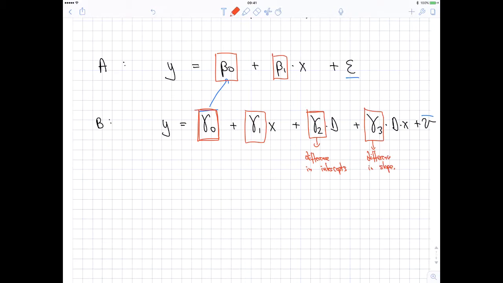So if I want to ask myself from a statistical perspective, do I prefer version A of the world or version B of the world? The answer would have been to run an F test. So run an F test where you're saying that gamma 2 is equal to 0 and gamma 3 is also equal to 0. This is your H naught, and your H alternative is otherwise. What will this test tell you? If you fail to reject this test, then